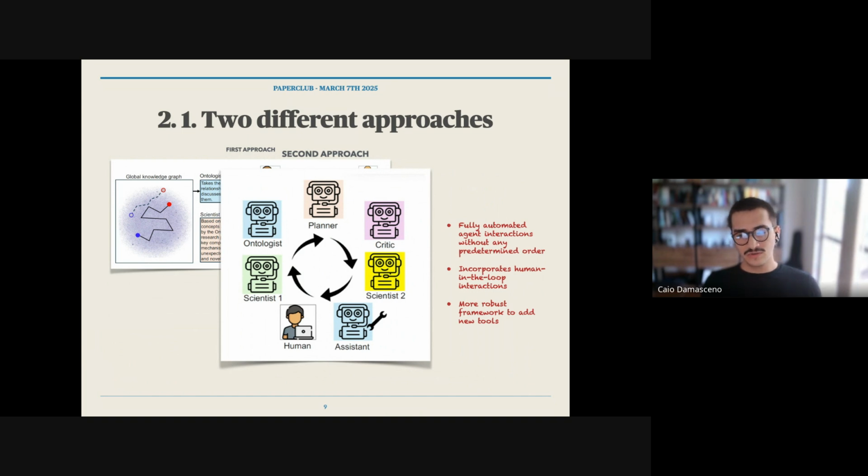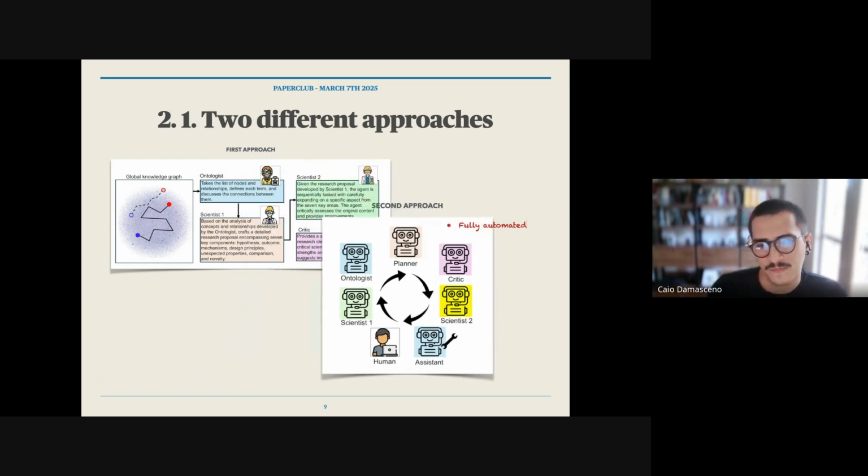And it also includes human in the loop interactions. So it's nice because it's more flexible, and it responds to the content that is brought by the agents. Also, it's more robust to add new tools, as you'll see in a bit.